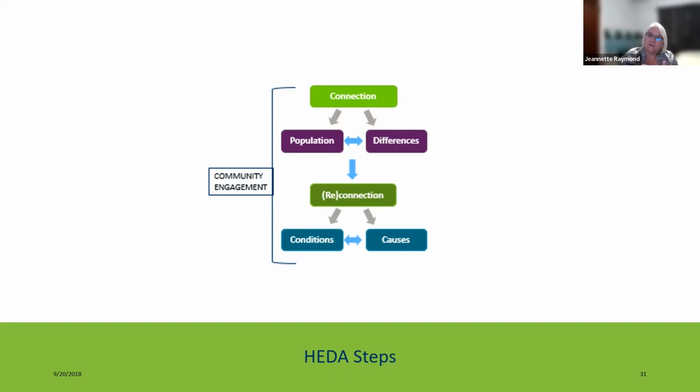Then in the next phase, we would actually collect qualitative data around what are the conditions and causes that are leading to that difference, and then re-look at the literature again to see what the community was saying and what the literature was saying, to create a fuller understanding. And through this whole process, it's really important to engage community. Obviously, in the qualitative data collection there is community engagement,